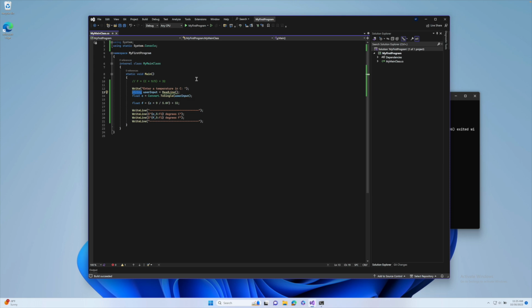Since we're doing a math calculation, we need to convert that string into a number. In our case, we want to use floating point numbers, which are also referred to as single precision floats. And so we use convert.toSingle in order to convert that string into a float, which is then stored in the C variable. We then create another variable called f, and we